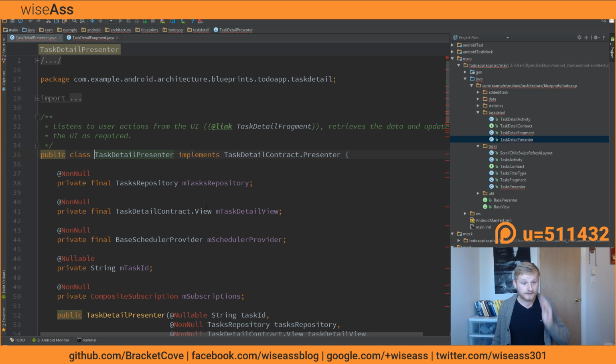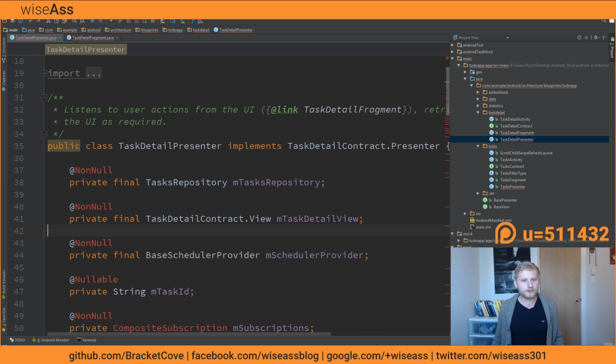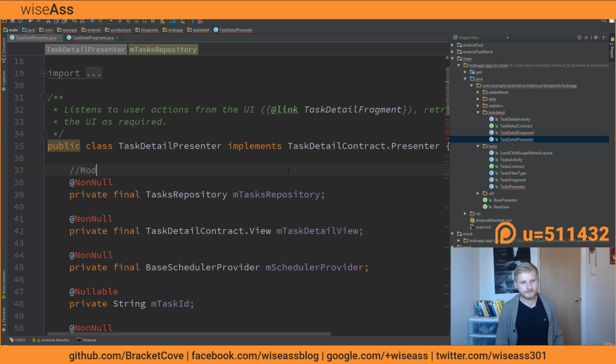But generally speaking, they'll just talk to a model layer and the view layer. What I want to point out here is we've got our view, and then we've got our presenter, and then we're talking to this repository, which I would consider the model in this case.